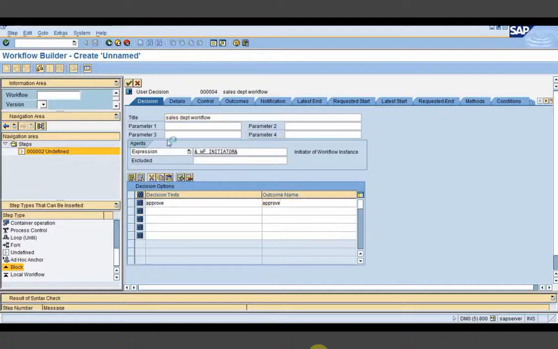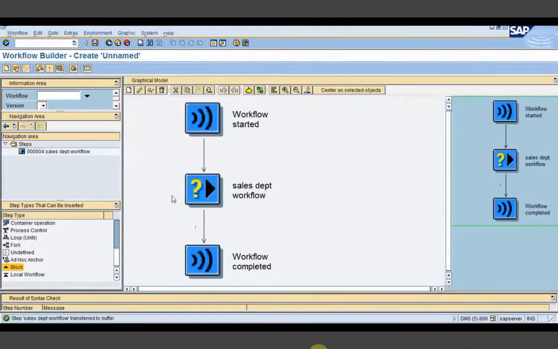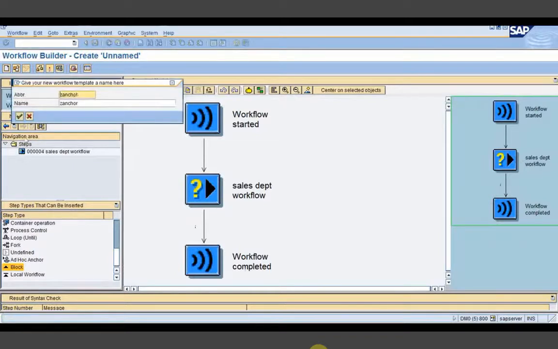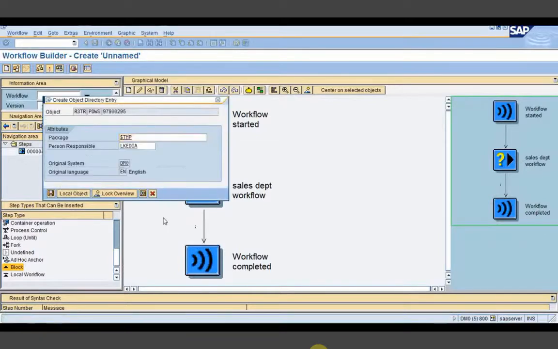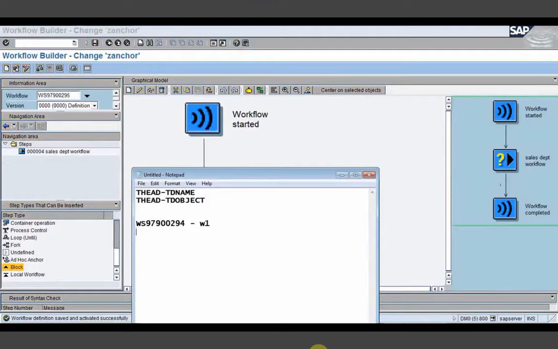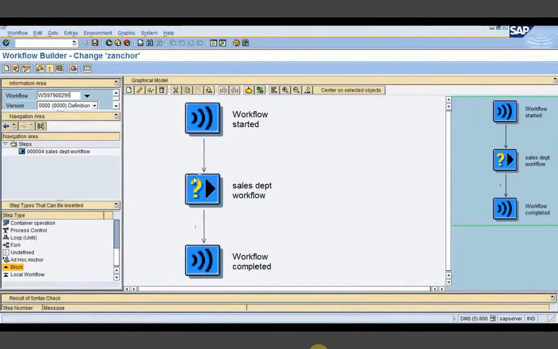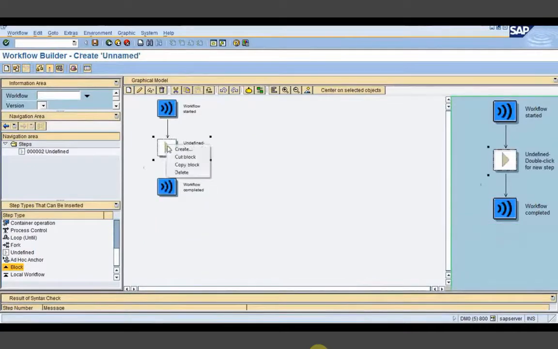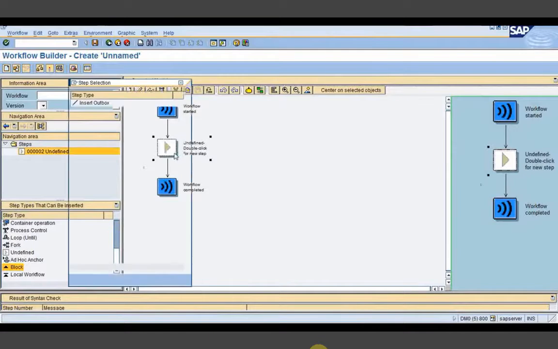I would have created a mail step, but I cannot show you the mail step right now. So I'm just creating a user decision step. Now I will create one more workflow. Let me copy this number. This is workflow 2. Now I will create one more workflow as workflow 3, as a finance workflow, suppose.